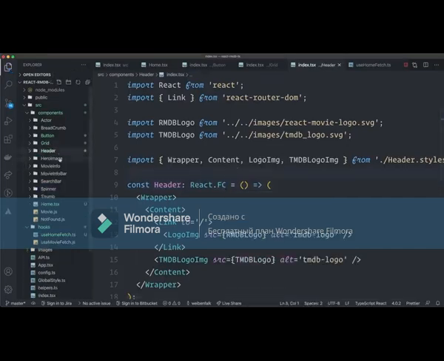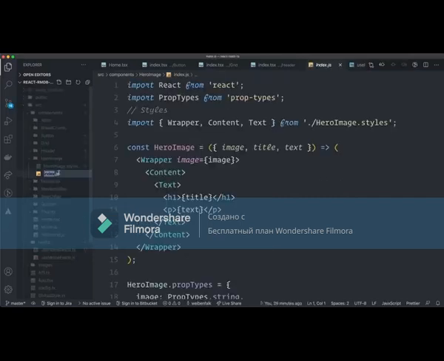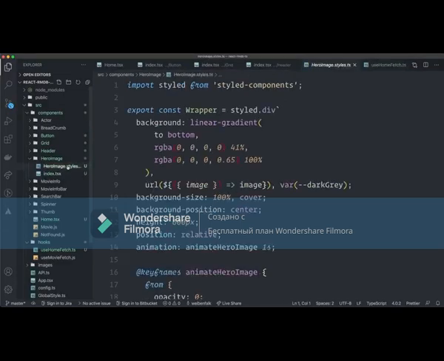All right. Then we have the HeroImage. HeroImage.styles is going to be renamed to .ts. And this index.js is going to be renamed to .tsx instead. In this style component, we actually have to do something because we have this prop here and we haven't typed that one. So up here,